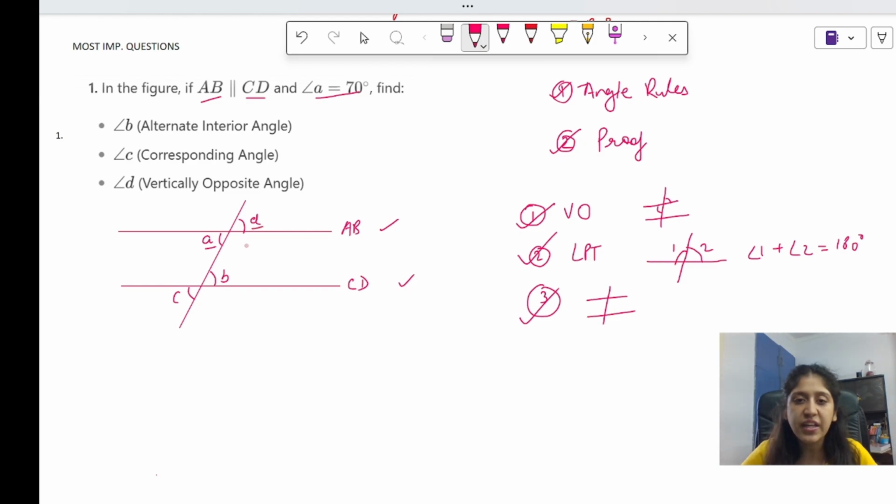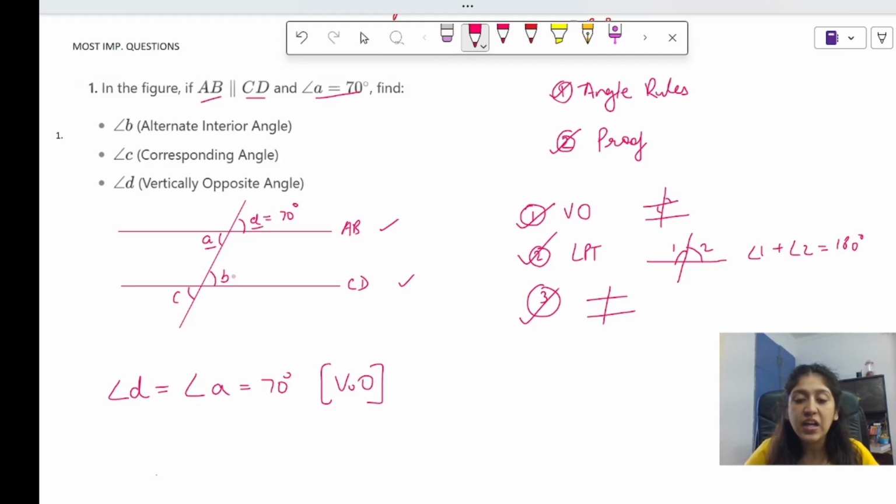Yes. So can I find angle B? Yes. How? Angle, I just told you? Yes. So angle B will be 70 degrees. So let me just write it very clearly over here. Angle D is equal to angle A, and which is equal to 70 degree. Why? Because of vertically opposite. I'm just writing it in short form. आप इसे बड़ा लिख सकते हो, right? So I have angle A equal to angle D.